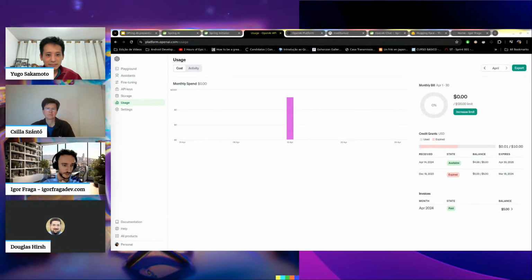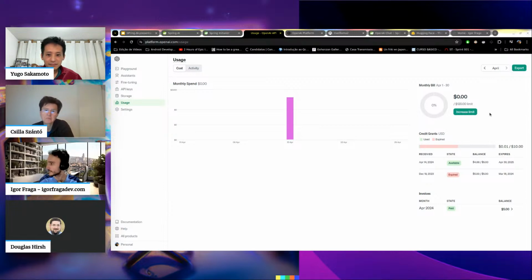Absolutely. I do want to say one thing. You just mentioned costs. OpenAI just updated the costing page. Look how much I have spent for only our tests here. I don't know if the image is going to load.